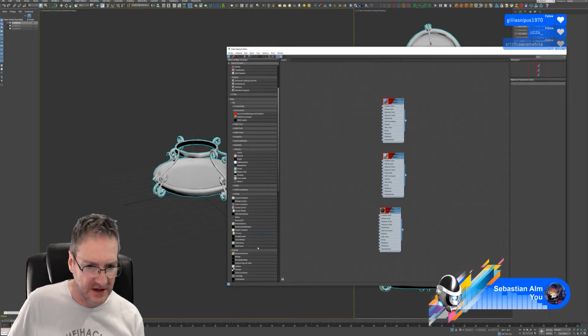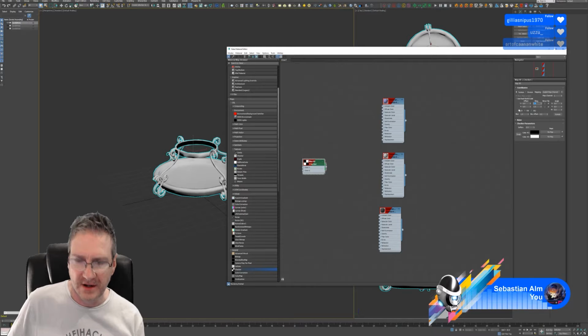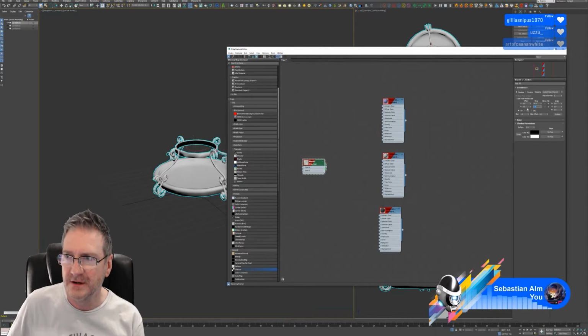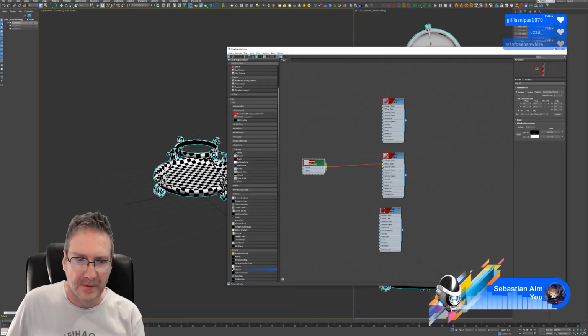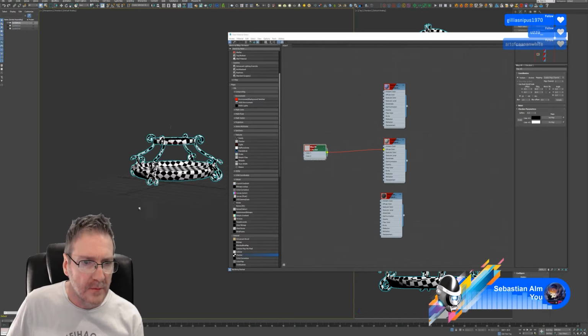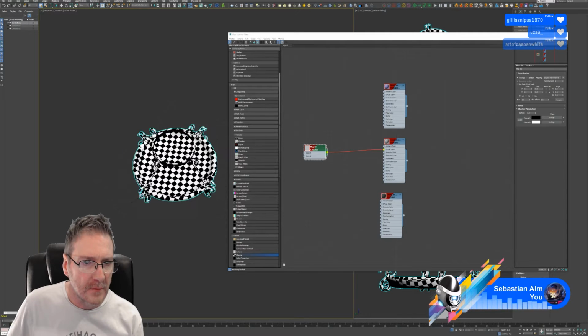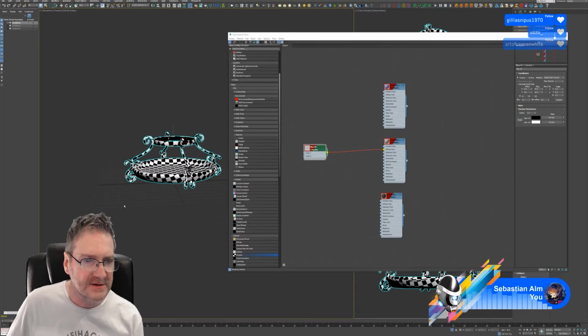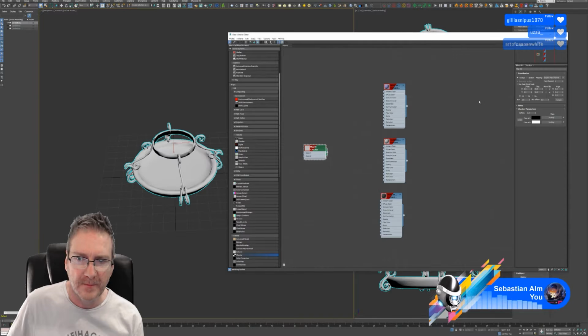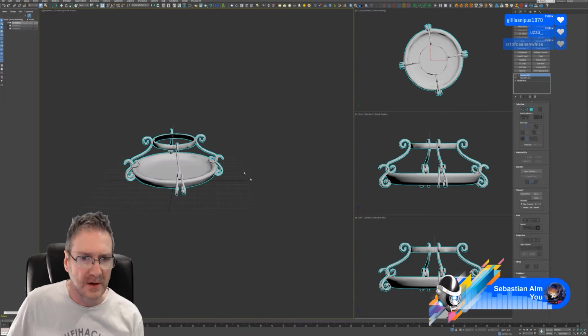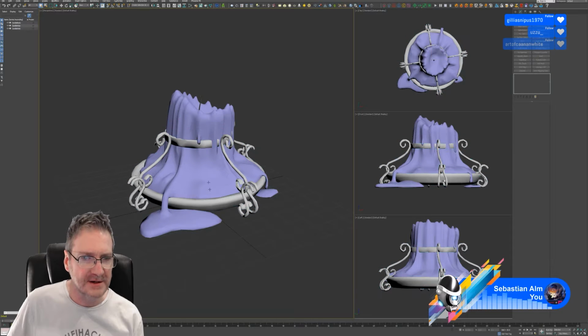We want to check, and let's tile it, I don't know, 20 times. Hook that up. And our texel density looks good. Okay. Unhide. Let's send the candle over.